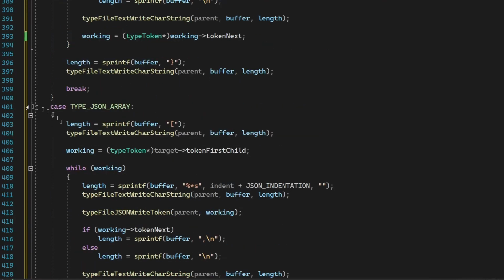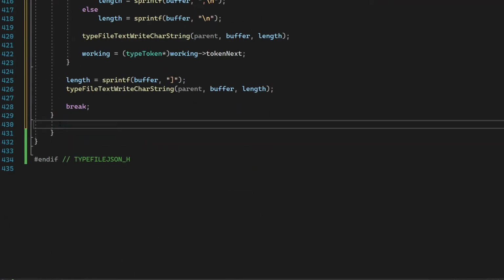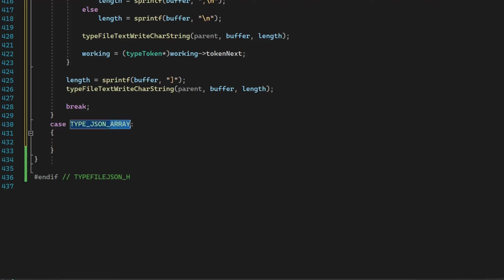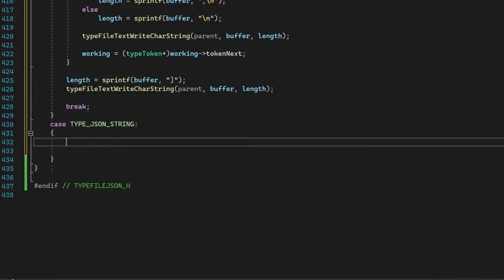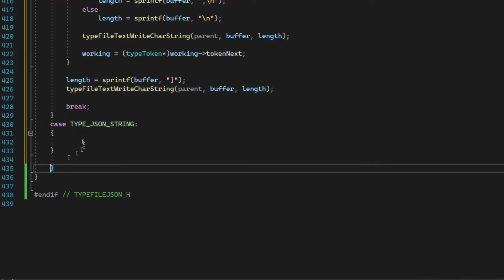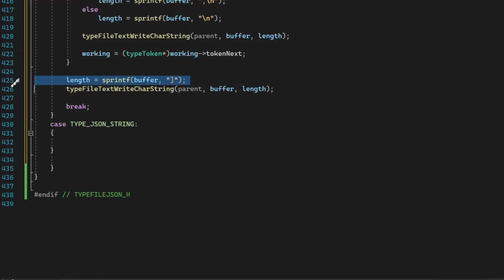Okay, now after array, I think there's other ones. Which one's the other one? String. It should be the easiest one. I hope it's the easiest one. Okay, this is just really confusing. Why does it indent that way instead of the other way? It just doesn't make sense. Anyway, okay, how do we do strings? Okay, a string, first of all,